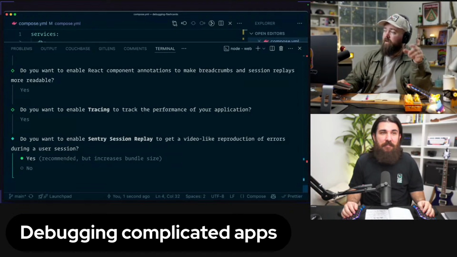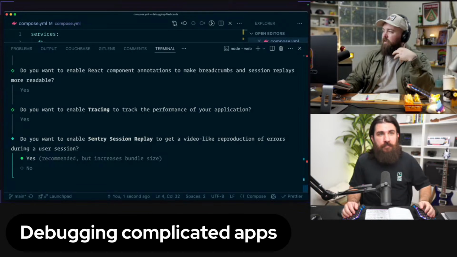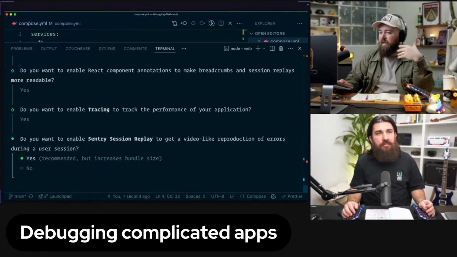So session replay, if I understand correctly, you can configure it to be when somebody has an error, we can actually see what they were doing in the app when the error occurred, right? So it's almost like having a screen recording. But it's not like a .mov or MP4. It's like DOM recording. It's pretty cool. And it anonymizes too, right? So it's not tracking my email or whatever. It's just showing me what somebody was doing on the screen, but I configured it so the user info is gone, and we're not spying on people. We're just trying to understand why our app is broken.